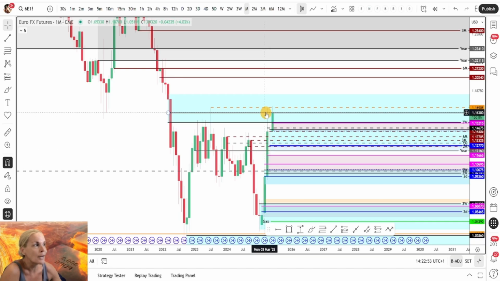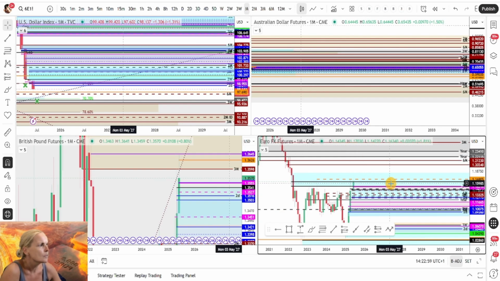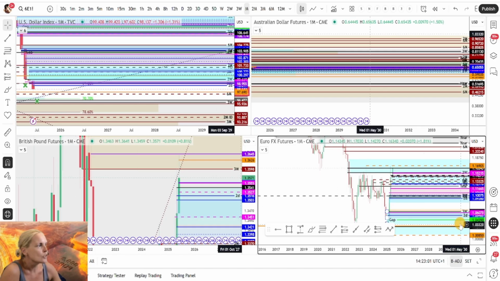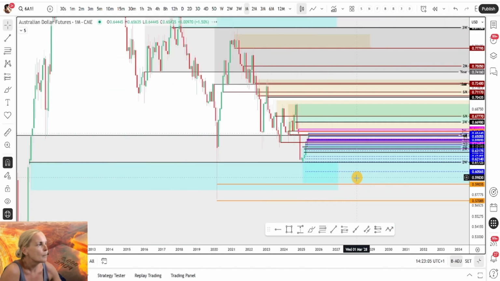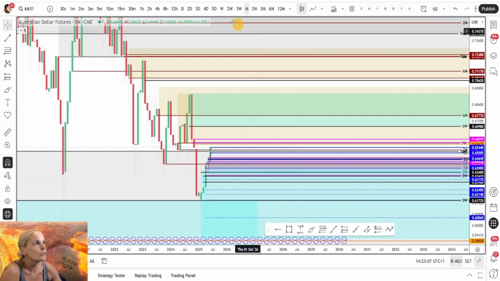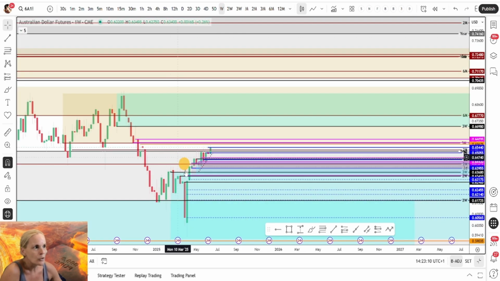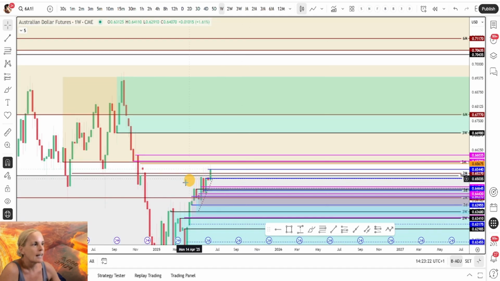So it did come up very high. It came up almost to the top of the annual, but didn't go through it. Whereas the dollar, I think did go through it. Anyway, that's been the challenge, that while the Aussie dollar, for example, is making all these zones, well, monthly now, but making all these new weekly zones to potentially long off, it's also been coming into or in 2-month, 3-month supply. So then I get a bit nervous, like I'm looking more for the short entry,